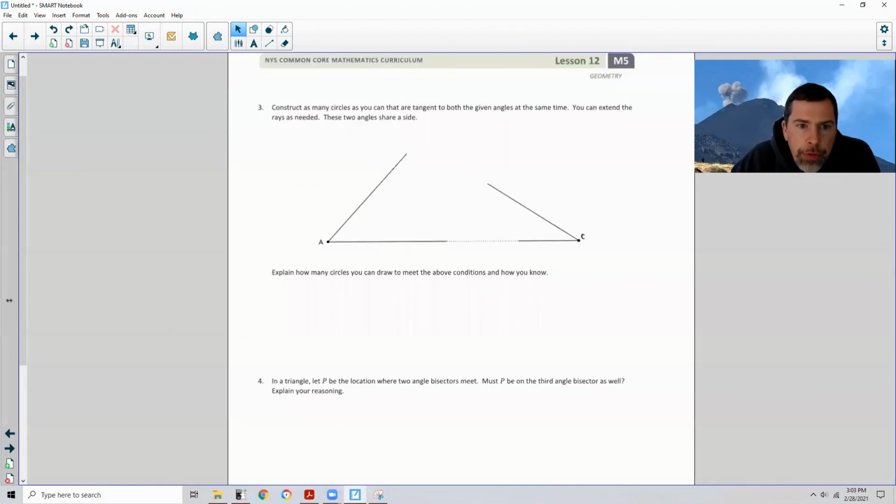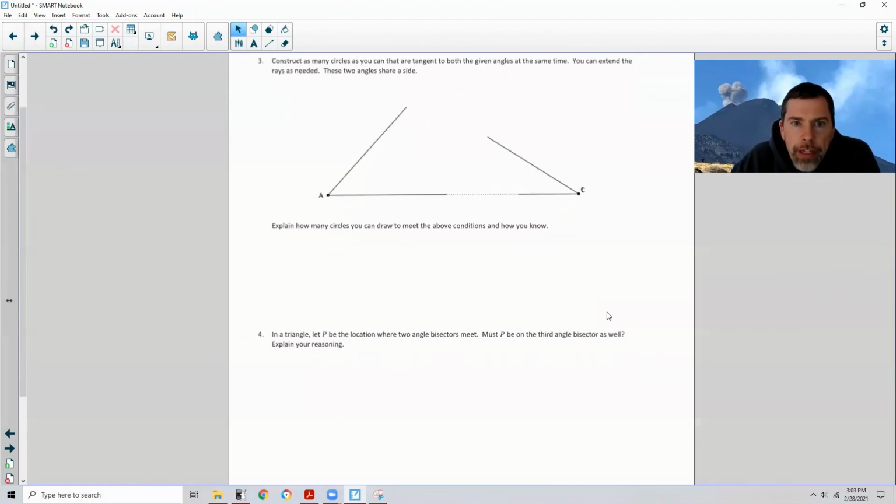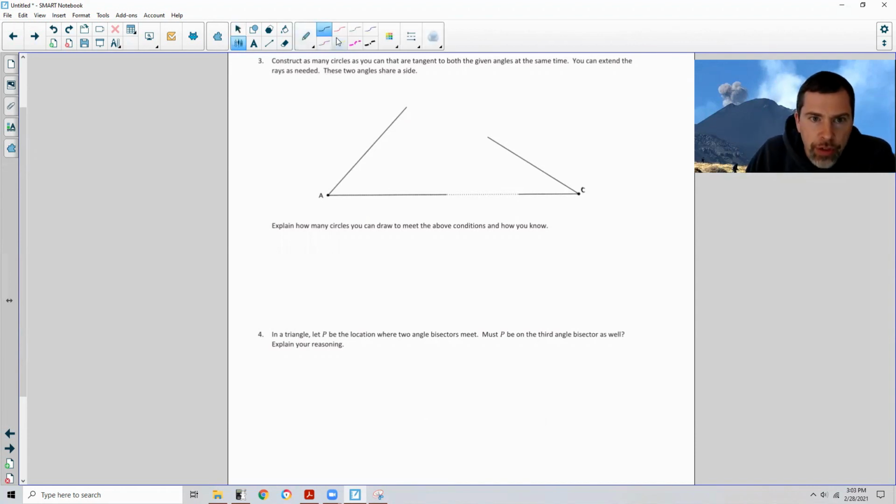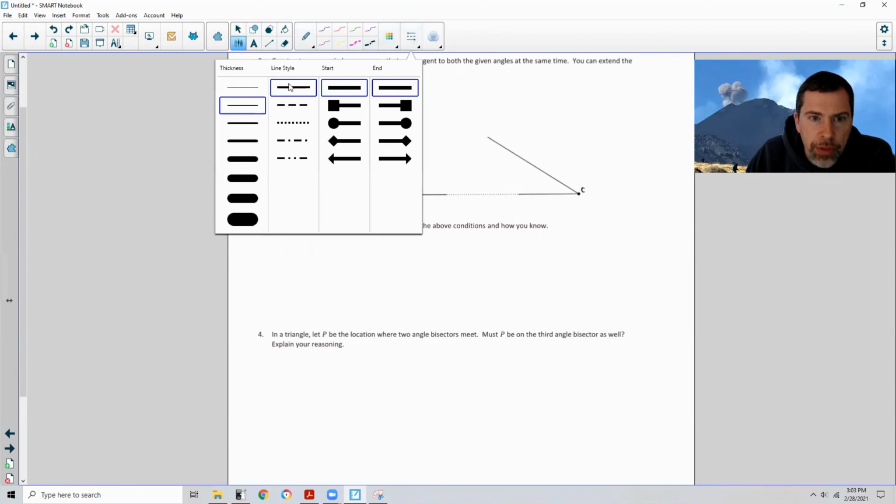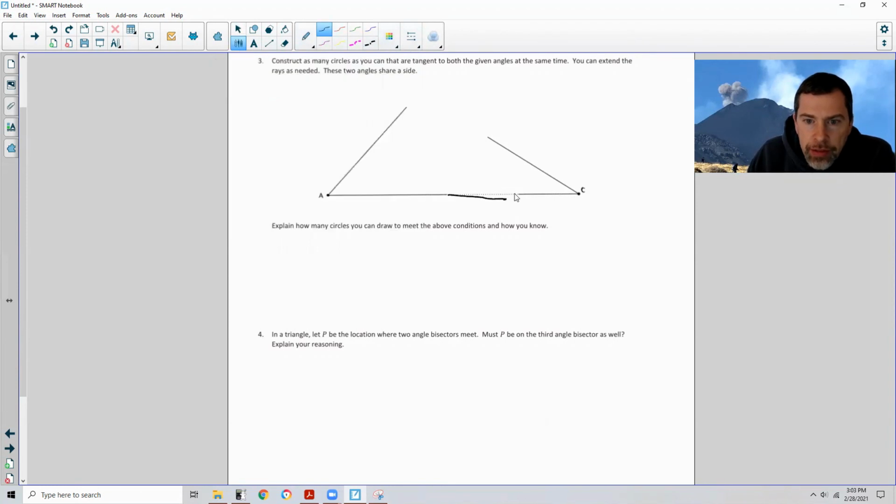Okay, page 4, number 3, it says to construct as many circles as you can that are tangent to both of the given angles at the same time. You can extend the rays as needed. These 2 angles share a side. So they've already just kind of shown us that. So let me just draw it in there so it's darker. So they're just basically saying